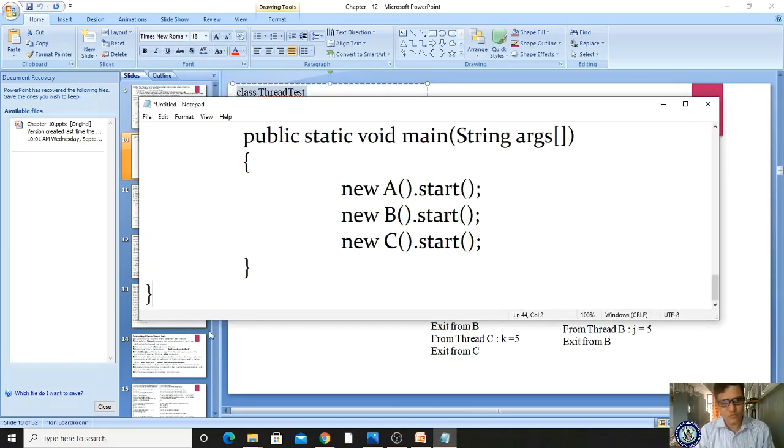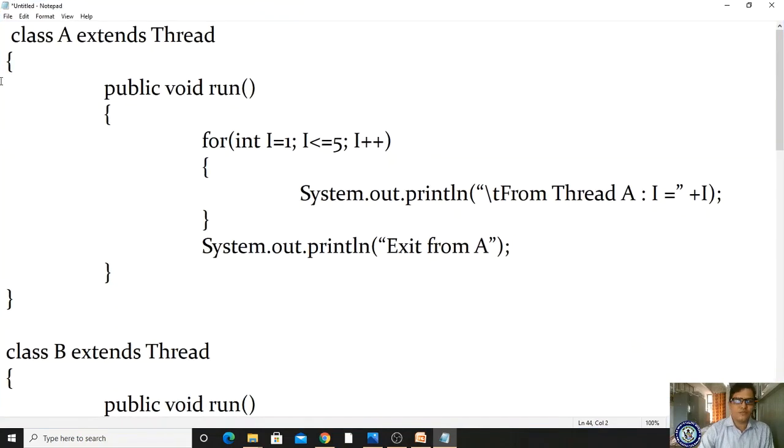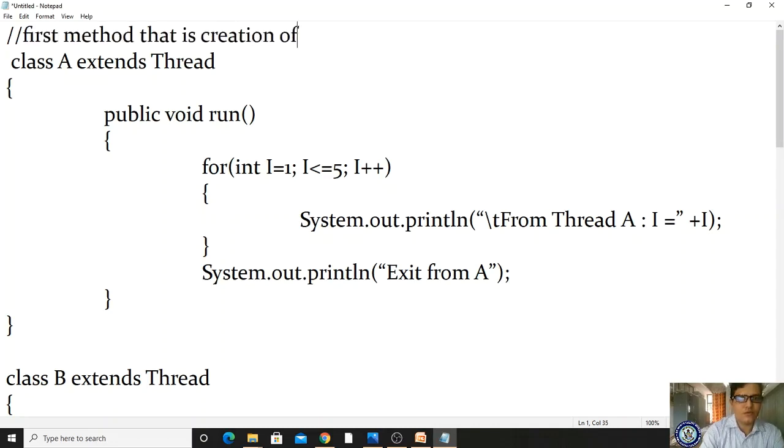And next we are writing this class here. So first, as it is, I am running this first method, that is creation of thread class. It is the first method. I am not modifying anything.